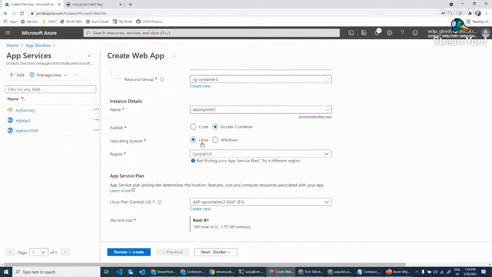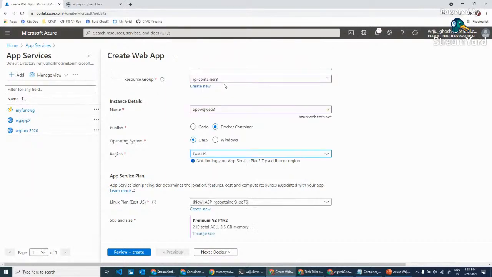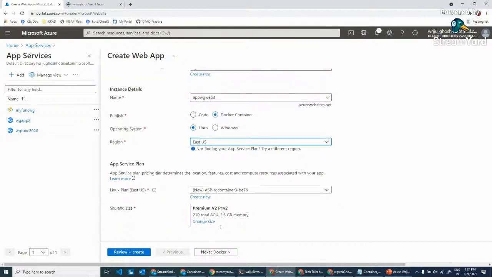Now, in that Docker container option, I choose the operating system. Based on that, the Docker image will be hosted, right? If you choose Windows, it'll be a Windows container. If it is Linux, it'll be a Linux container. So you need to select that. I created a Linux image, so it's a Linux container. So I choose Linux, and then you can choose whichever location is preferred. It's not mandatory that you always use the resource group location. You can use any location if you feel like. So what I can do now is go ahead and say that, hey,